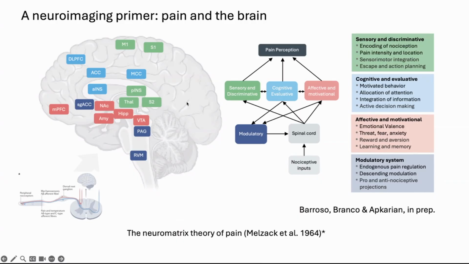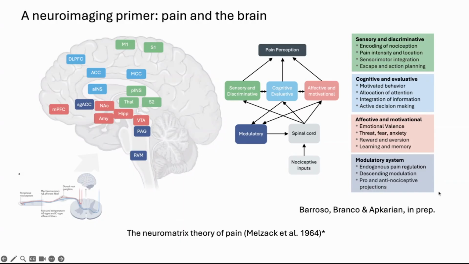So the third domain here in blue is the cognitive evaluative domain, which integrates the sensory and affective components of pain to generate a unified representation of pain in the brain. It involves regions that are major hubs, including, for instance, the anterior insula and the anterior cingulate cortex. Because these areas are big hubs, or big highways of the brain, they are well suited to integrate the information being processed at other brain regions. These regions are also thought to be quite important to allocate attention towards incoming sensory information.